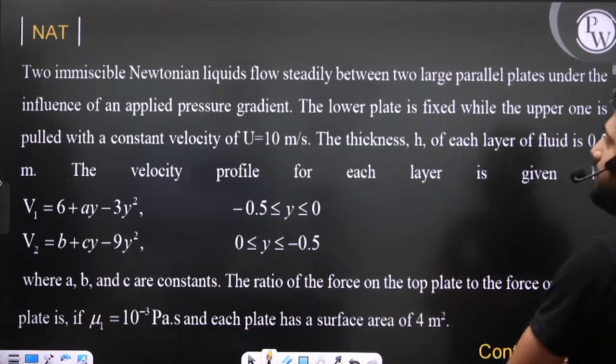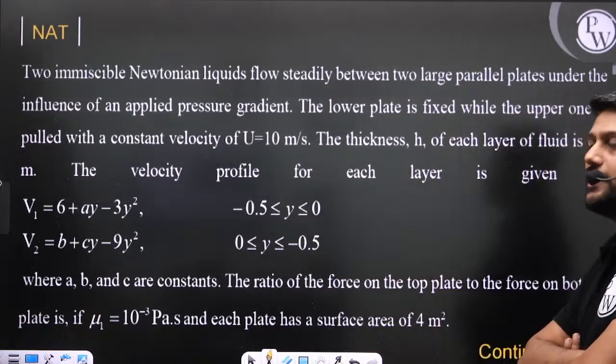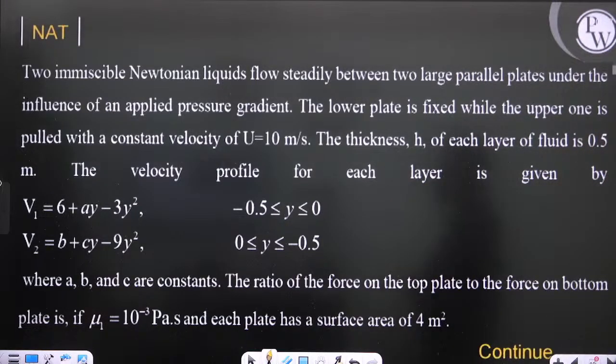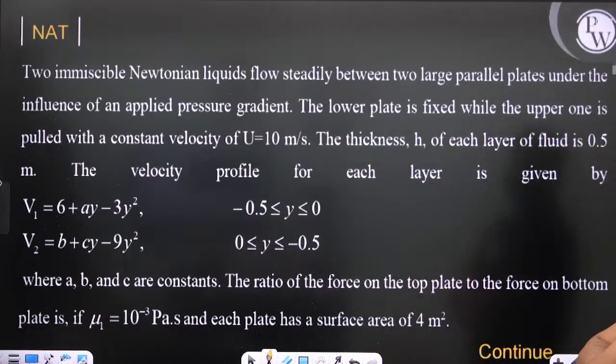So, two immiscible Newtonian fluids. Two immiscible Newtonian liquids flow steadily between two large parallel plates under the influence of an applied pressure gradient. The lower plate is fixed while the upper one is pulled with a constant velocity of 10 meter per second. The thickness H of each layer of the fluid is 0.5 meter. The velocity profile for each layer is given by